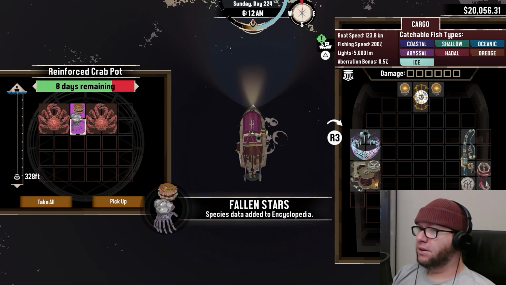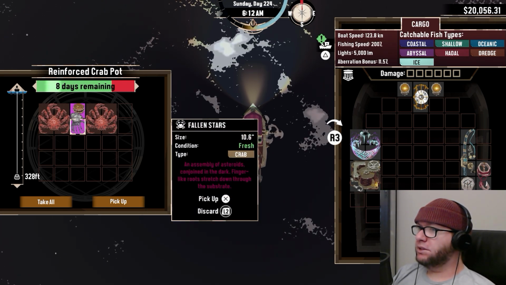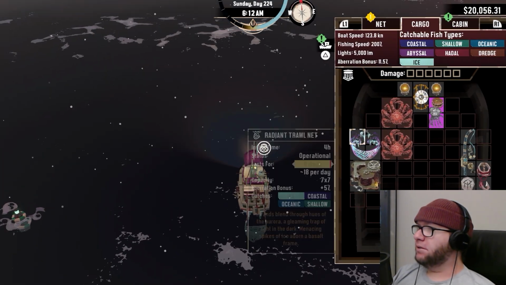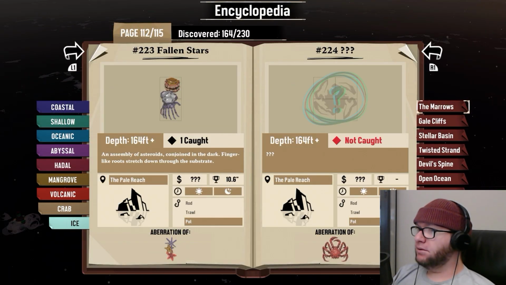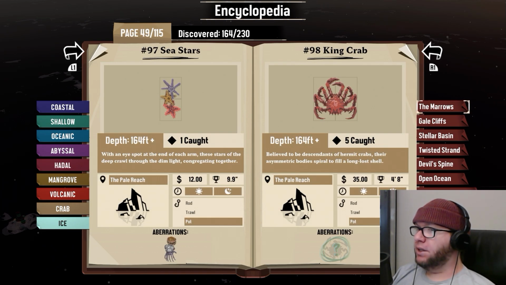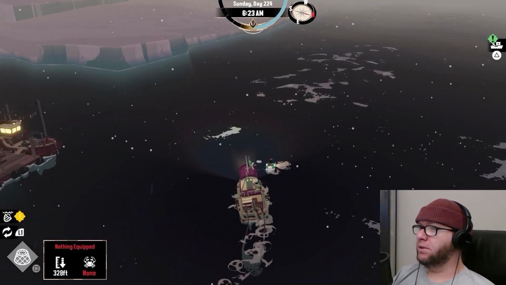What does it say? An assembly of asteroids conjoined in the dark. Finger-like roots stretch down through the substrate. Oh, weird. Yeah, because I caught the regular version of that. It was just starfish. Or sea stars. With an eye spot at the end of each arm, these stars of the deep crawl through the dim light, congregating together. They're just different types of starfish, or I guess sea stars is the proper...